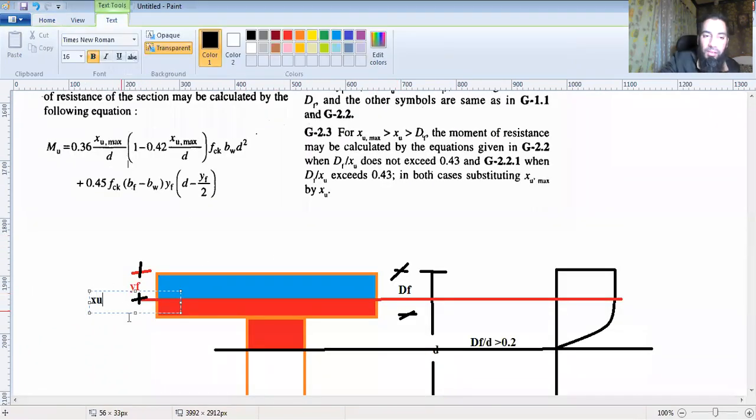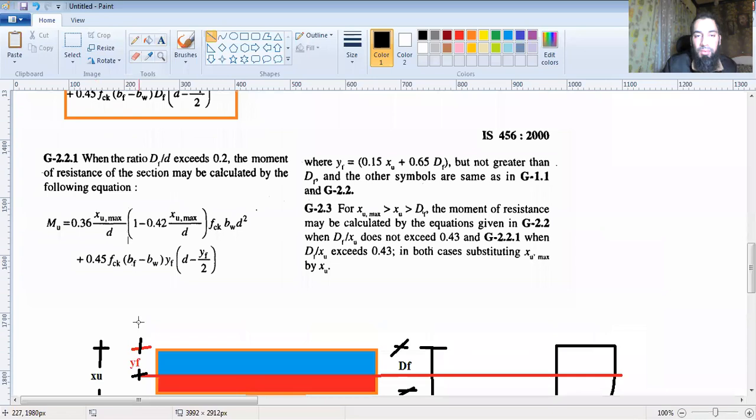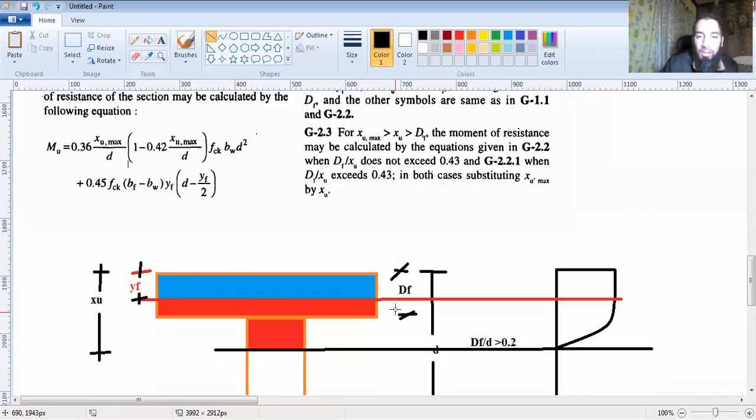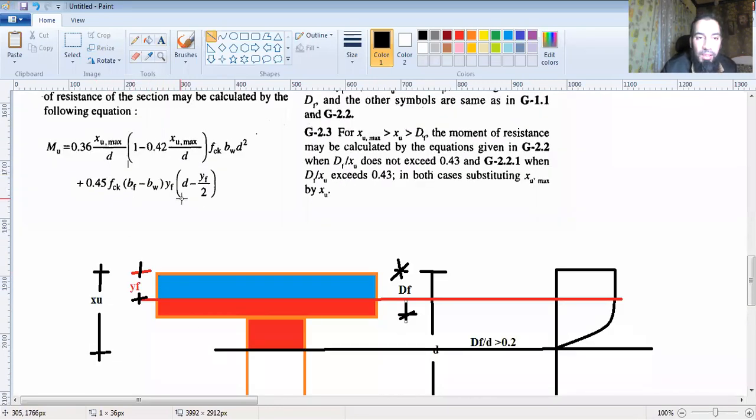So you know what is xu. This is xu from this location up till this point is xu, plus 0.65 Df, and this is Df. This total is Df, right from here up till this point is Df. So you can get yf. So now you're only replacing